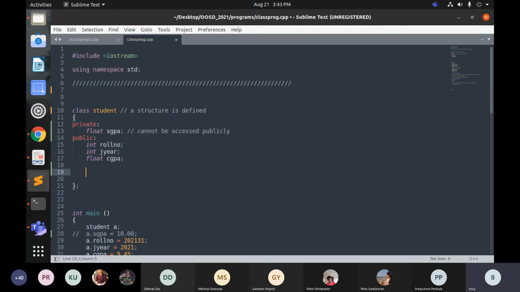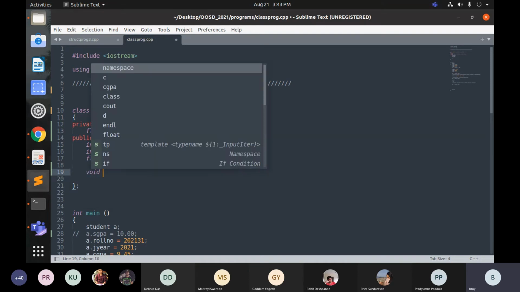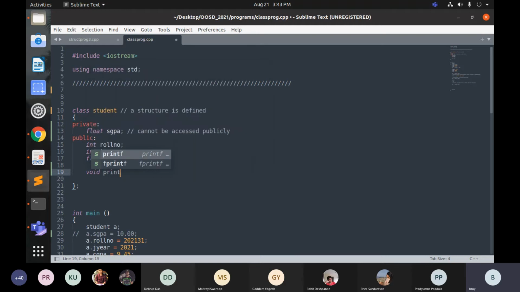Say void print data. I can say void print data, and it should not require anything,